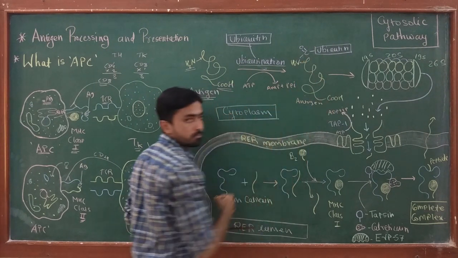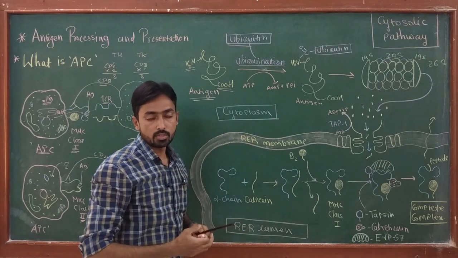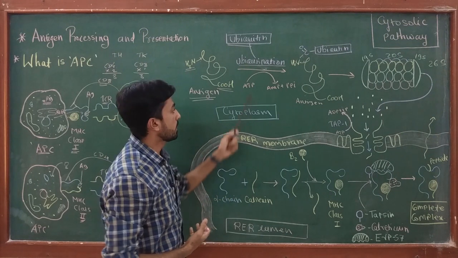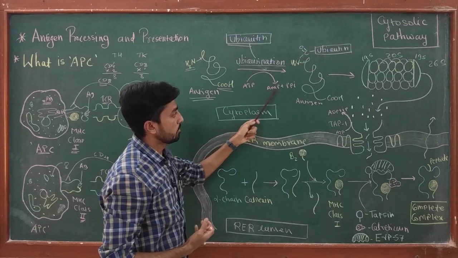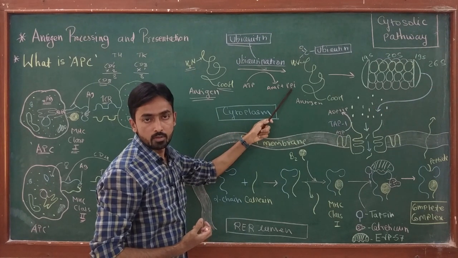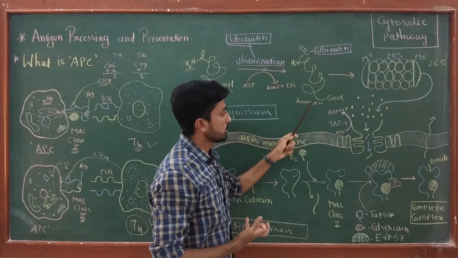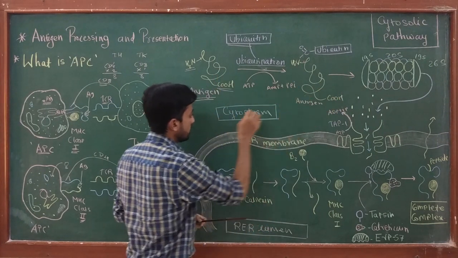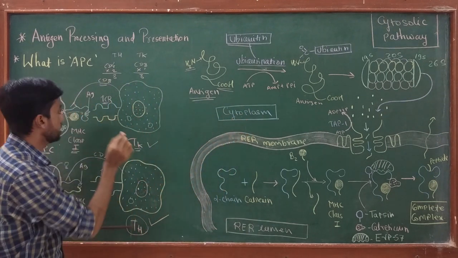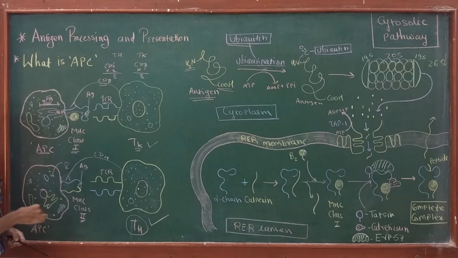Okay, now you can see this group is attached on the N terminal of the antigen. Okay, and this reaction is catalyzed by the enzyme with the help of energy provided by ATP. Here you can see hydrolysis of ATP into AMP and pyrophosphate. By using this energy, this ubiquitin gets attached to the N terminal of the antigen. Remember, this reaction is occurring inside the cytoplasm somewhere here at this point in the antigen presenting cell.